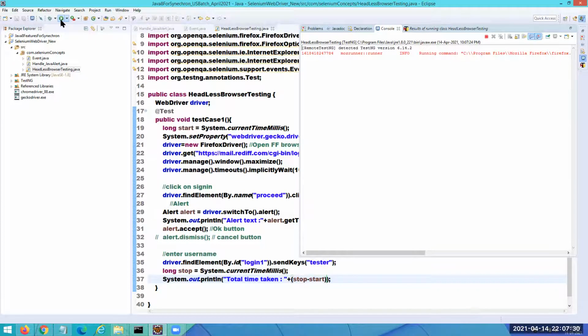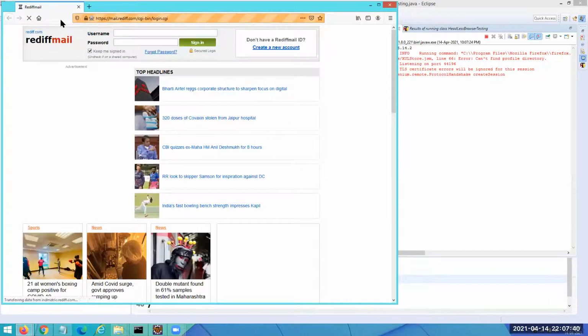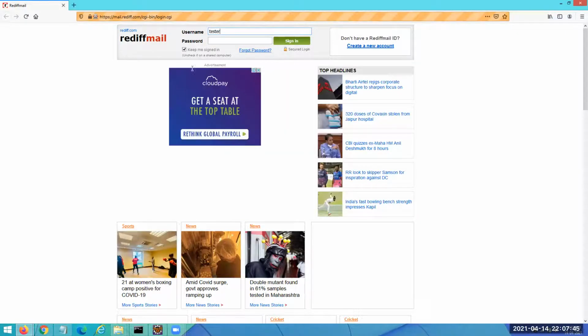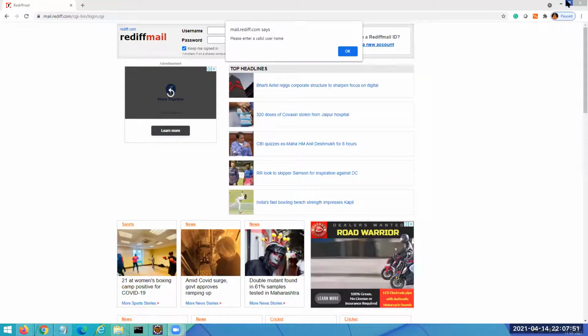Now it's launching the Mozilla browser, and it's going to open this URL. Then after that, it's going to click on sign in, and it has handled that alert and it has entered tester here.